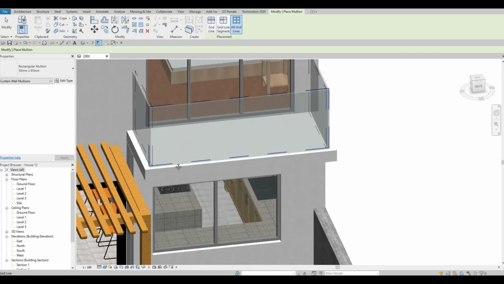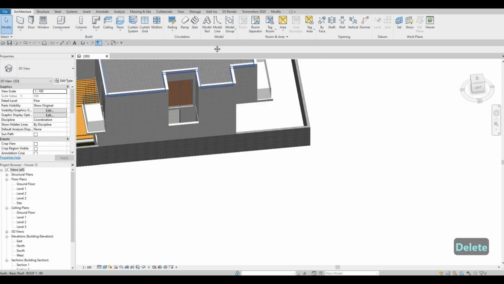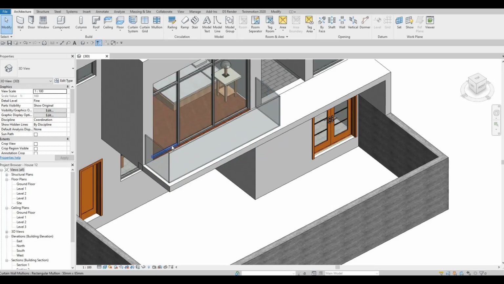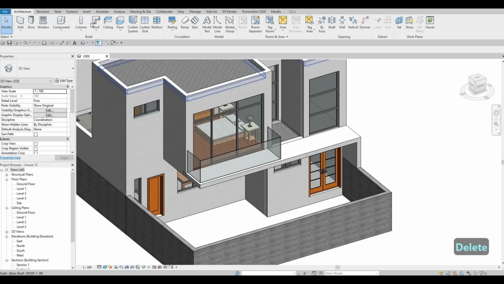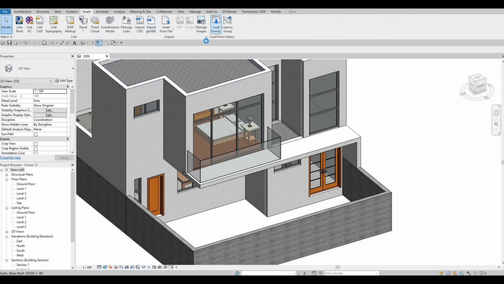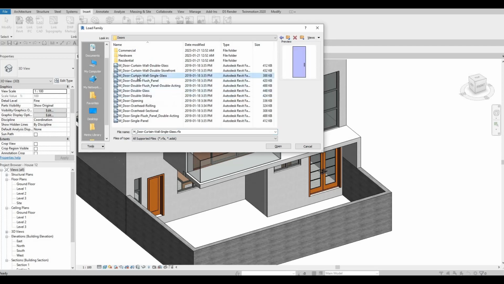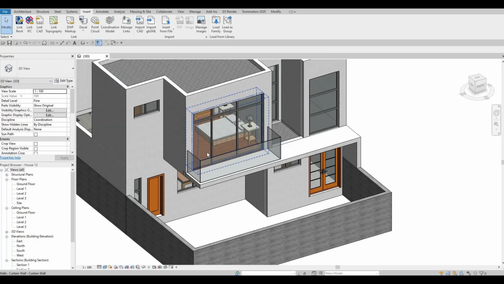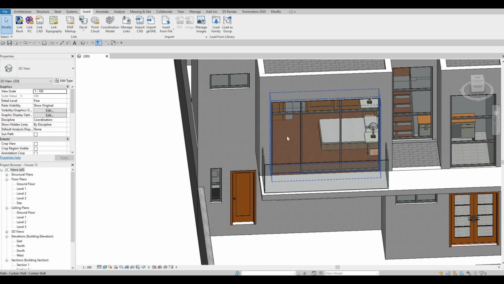So now we need to zoom in here where the door will be placed. You want to delete the one in the bottom, and this one as well. After that, once we delete that, we need to go to insert, load family, and go to doors. And then here we have curtain wall single glass. We need to insert that, and then the technique is to just put your cursor right about there, and then